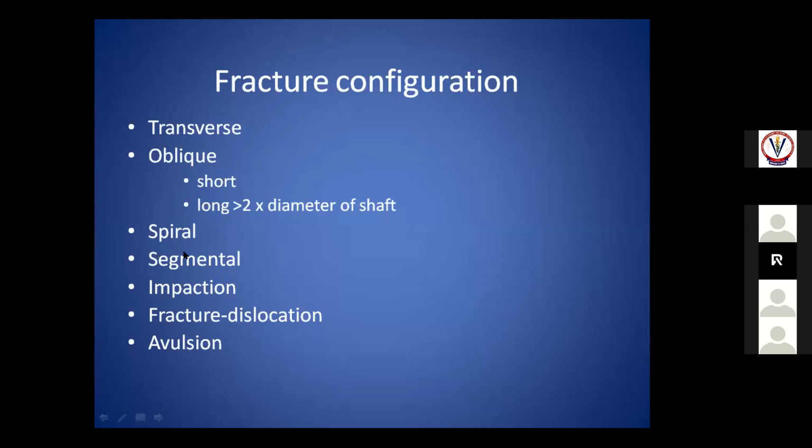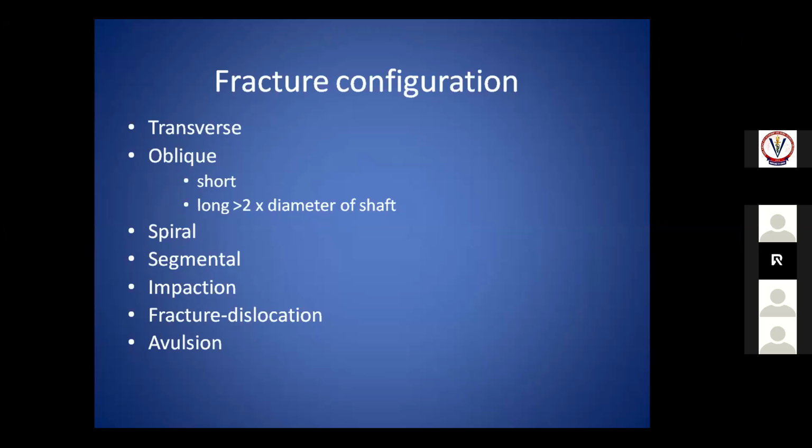Segmental means there are two different fracture lines. We'll see in X-ray how a segmental fracture looks. The same single bone will have two different fracture lines which are not communicating with each other. Whereas a comminuted fracture also has two fracture lines, but they communicate with each other, so we call it a comminuted fracture. If a bone has two fracture lines that do not communicate with each other, we call it segmental